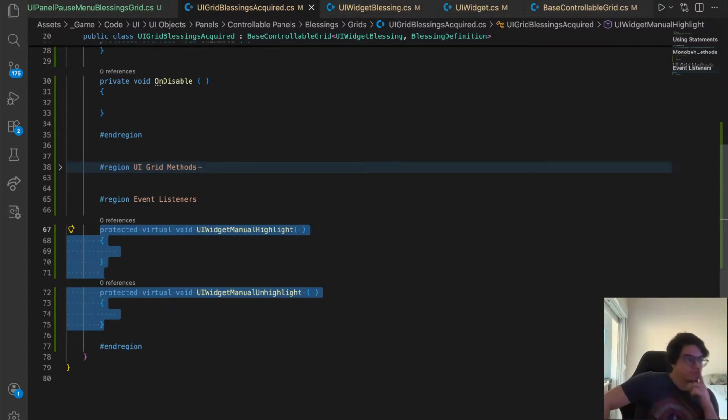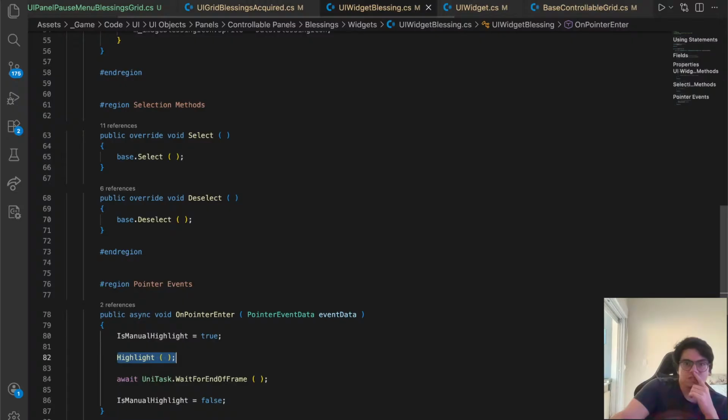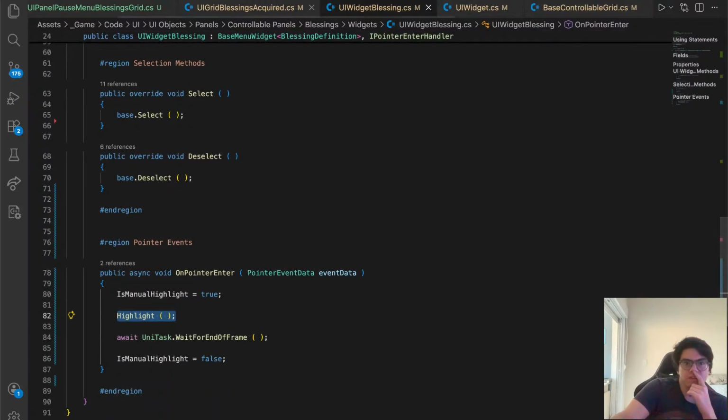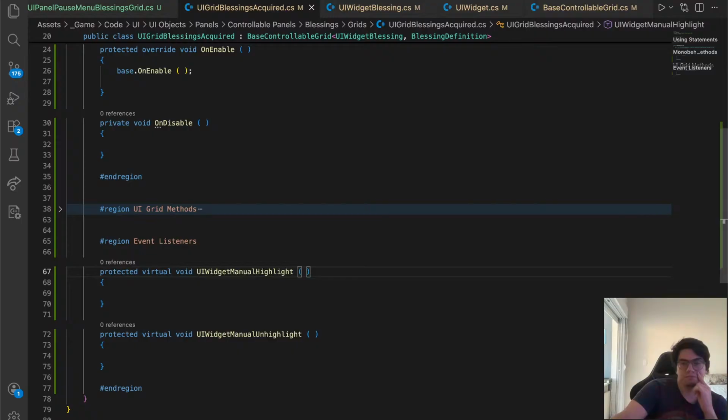Okay, this is a challenge, because I can't just call this, because this will just call the method, and I'll have to listen to all of the widgets in the grid, and I'll have one event, but I won't know where it comes from, because this highlight thing is not